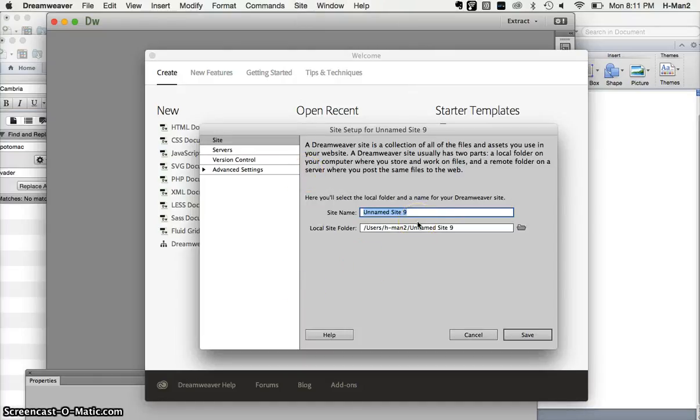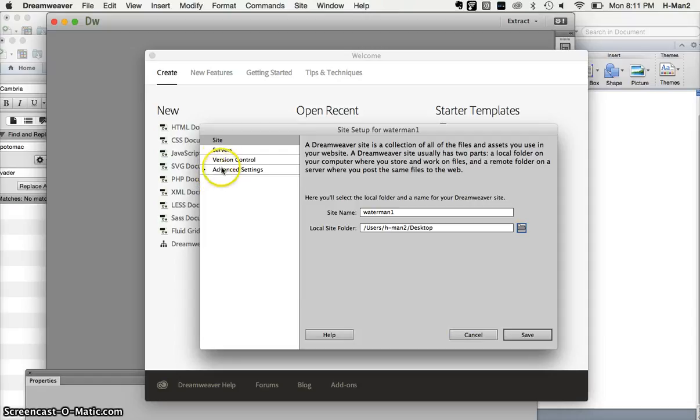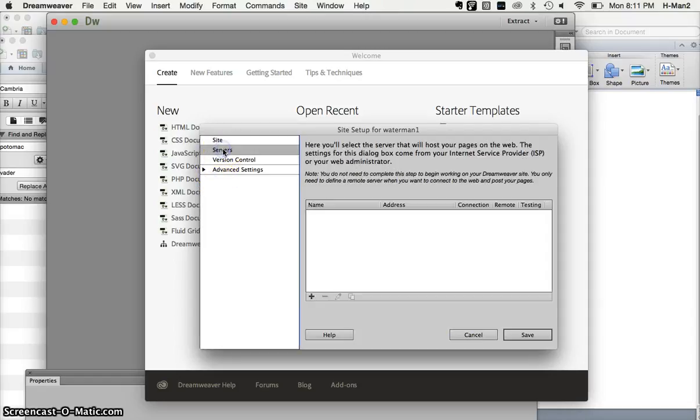I'm going to give the site a name. I'm going to call it Waterman 1. Where do I want my files to go? I think I'll have them go to my desktop. So I'll choose desktop. Then I go to server, and I'll get